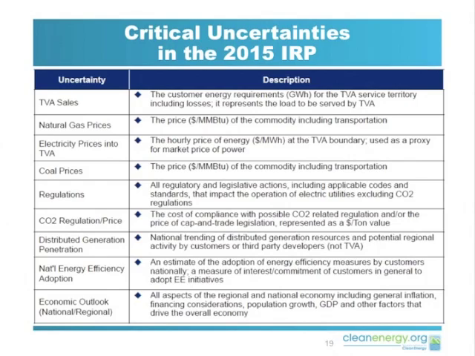The other thing, the natural gas prices have dropped quite a bit since 2011. They have a history of being fairly highly variable. Natural gas prices tend to swing a lot, but the fracking, a new technology, seems to have brought the prices down for a while. They'll probably go up a little bit, but it's not clear how much, so that's a major uncertainty. Electric prices at the TVA boundary, these are the sales, the electricity that TVA is buying to provide to their customers. Coal prices are an uncertainty.